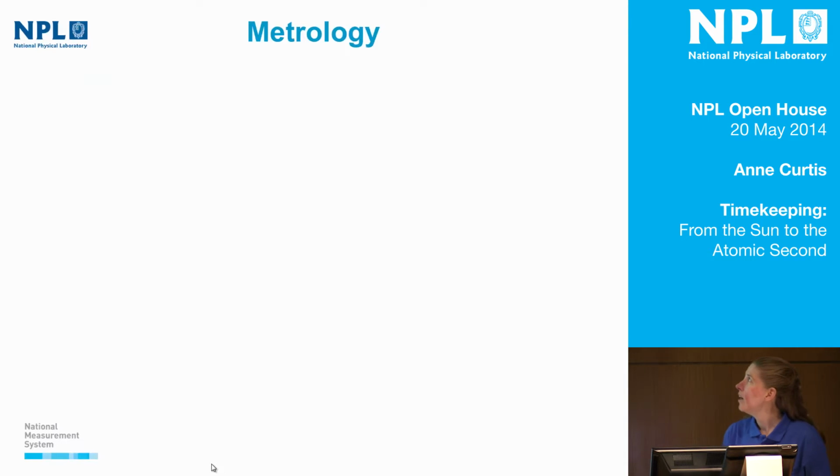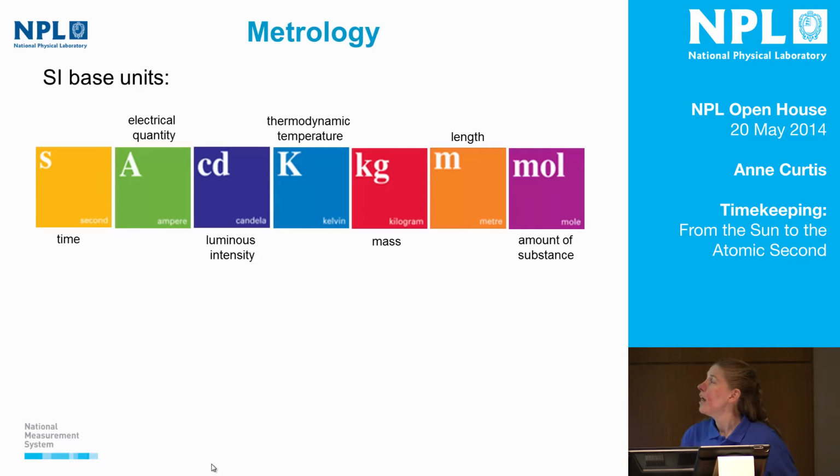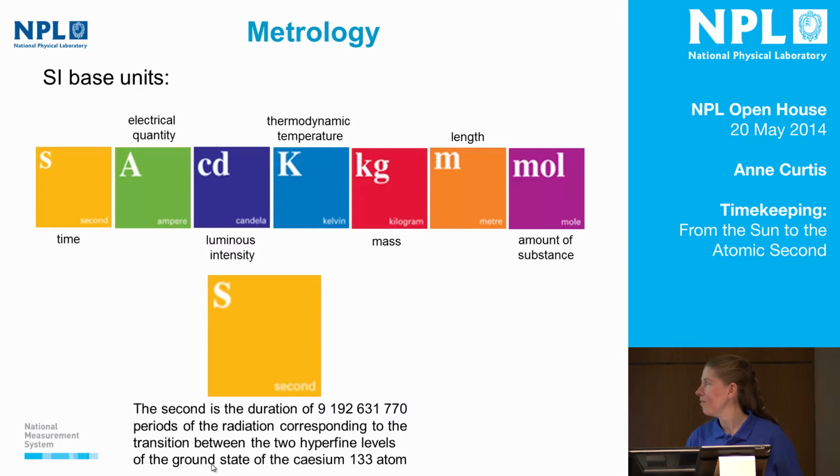NPL is first and foremost a metrology institute, which means we deal with measurement science. And that really, at its most basic level, deals with the SI base units. And these measure things such as temperature, mass, and length. But I'm specifically going to talk to you today about the SI second, which has quite a convoluted definition, and